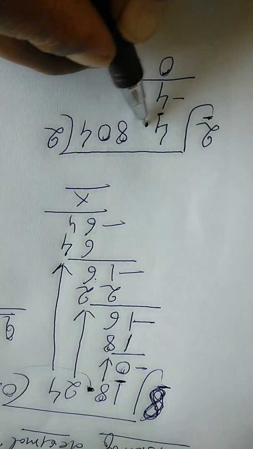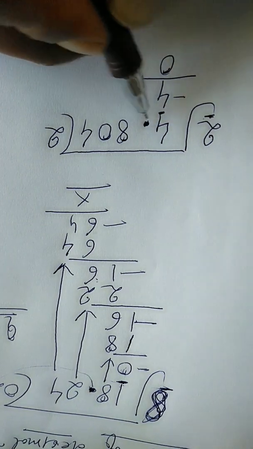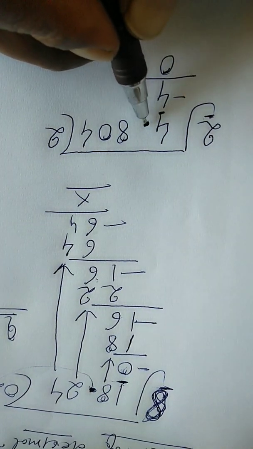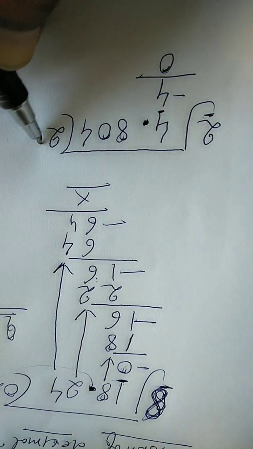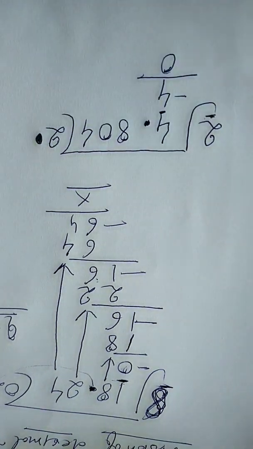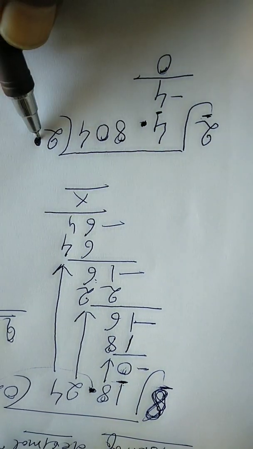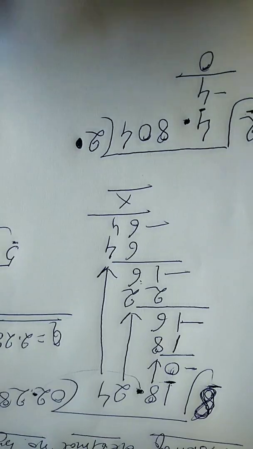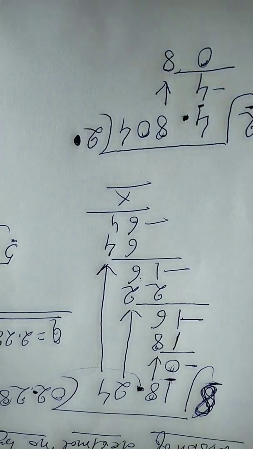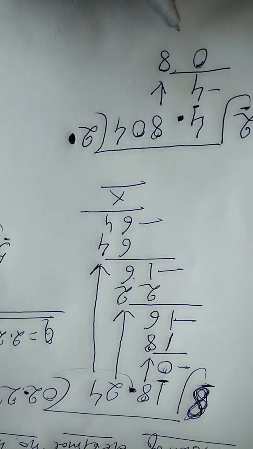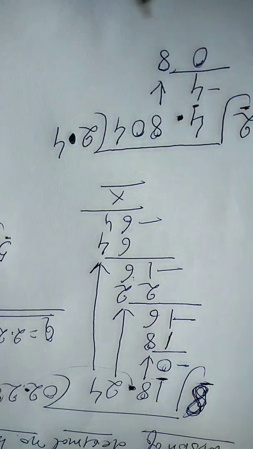After that it is the turn of the decimal. Now it is the turn of the decimal, so you will put the decimal in the quotient. This decimal you will put in the quotient. Now bring down the next digit 8. Now recite the table again. 2 4s are 8.